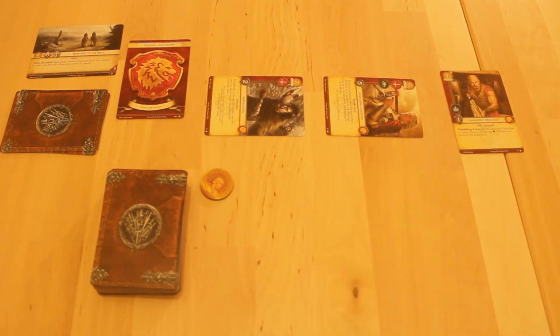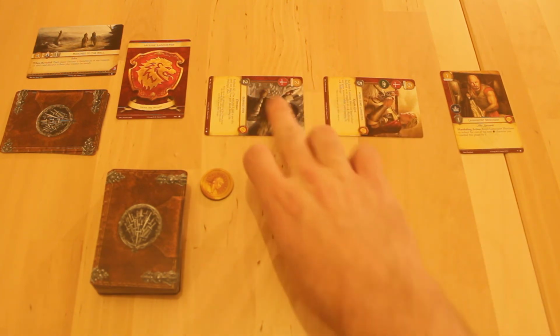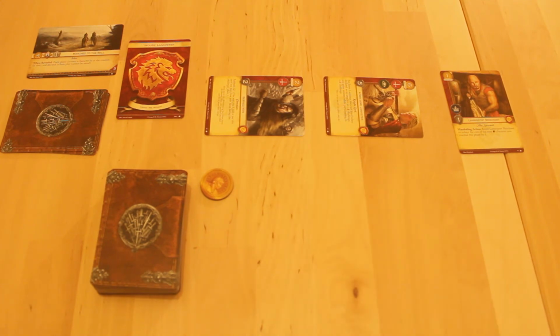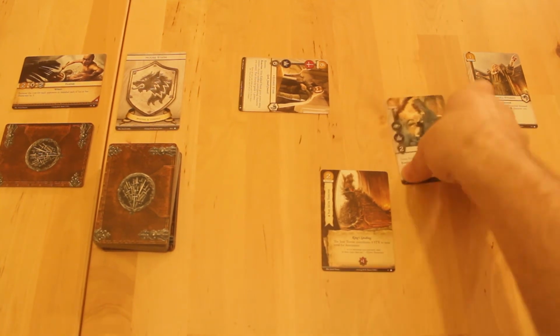So the Stark's military challenge was for 6 strength. The Lannisters are going with 5 and 2 is 7, which is more, so the Lannisters successfully defend the challenge. The Starks don't get to kill any Lannisters today. Okay, bad luck. So Ned didn't get to kill 2 Lannister characters, but that was only the first challenge. The Stark player also has Sansa Stark right here,